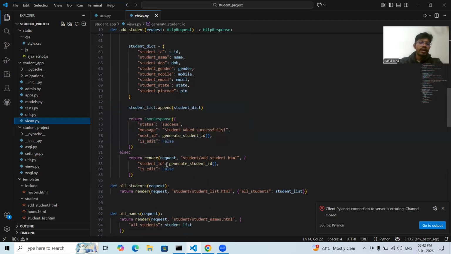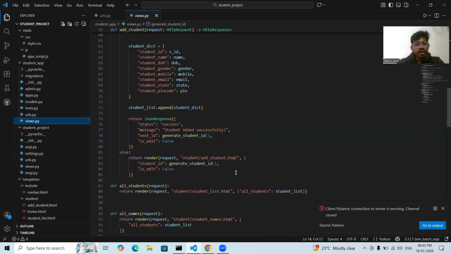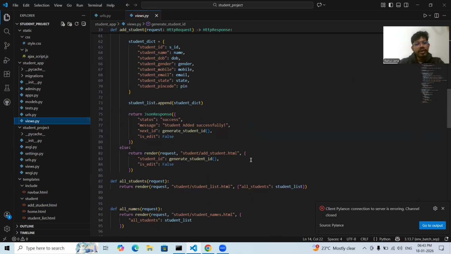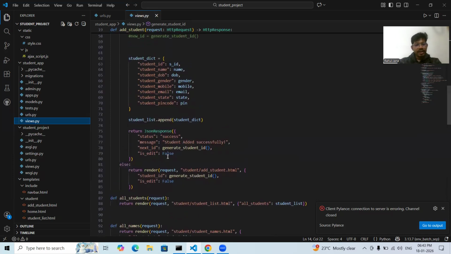And now else return render request student/add_student.html. It is this page. I already explained the template. Now I am coming to the view version, and it is rendering the page with the context student ID. And here I call the function for generating the student ID, and here edit is false, because edit is true only for updation, not for all. Okay, it is for addition and updation,